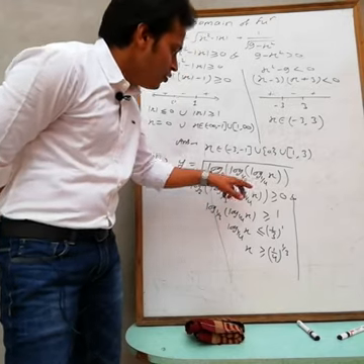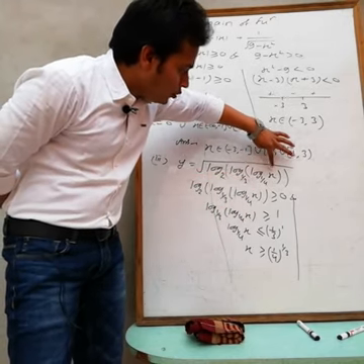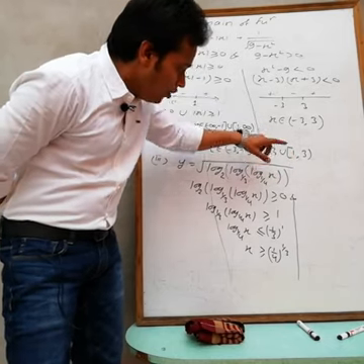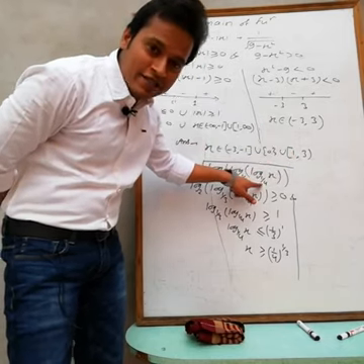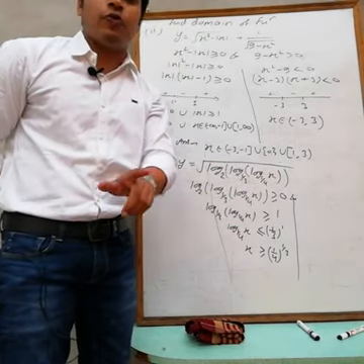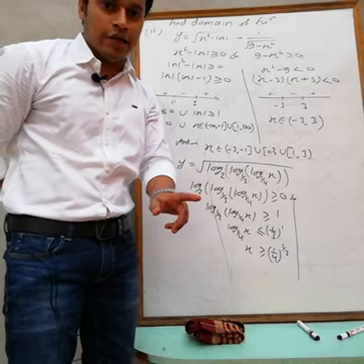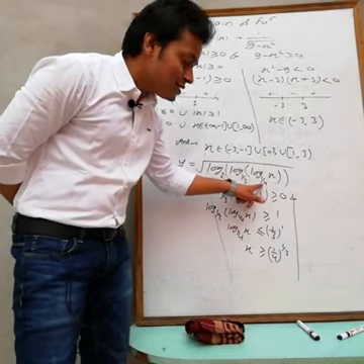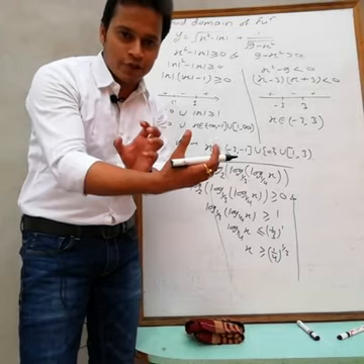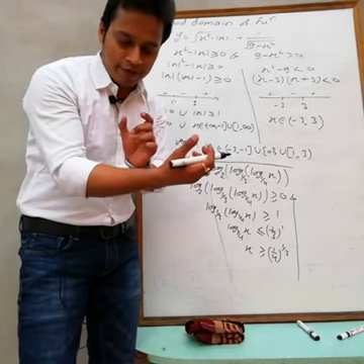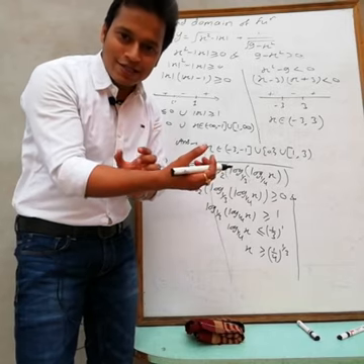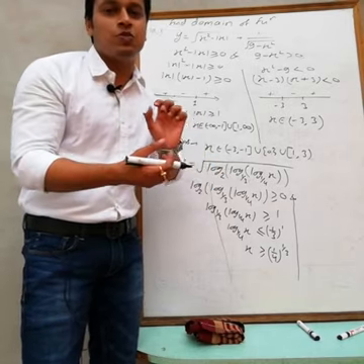Now it means you can take only those values of x such that this log becomes positive. If the base is less than 1, then x must be less than 1, and then you will get positive values. That is done in 11th. If the base is less than 1 and you want the value of the logarithm to become positive, first check the base. If the base is less than 1, then x must be less than 1.